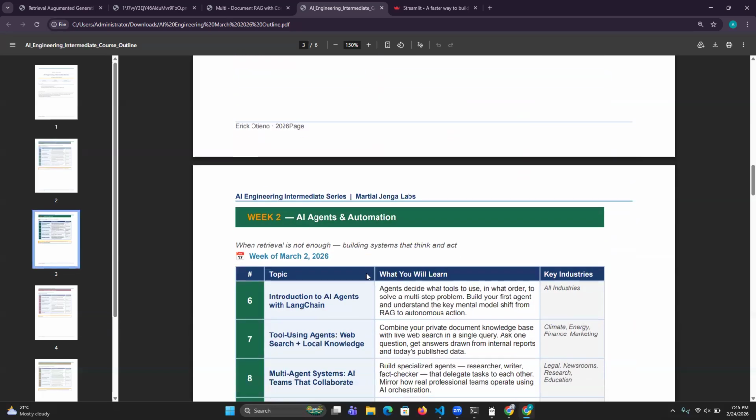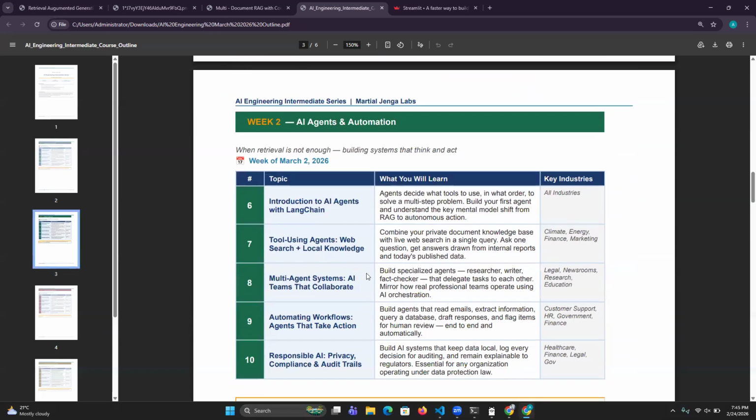Now from there, we're going to move to the world of agents, AI agents and automation. I hope you can see this phrase here, it's very, very interesting, saying that when retrieval is not enough, can we build systems that can think and act autonomously? Okay, and that is what we call agents. So with the agents, they're able to think and act on themselves. So we're going to introduce how to build AI agents with LangChain and LangGraph. I think that session will be very, very well covered with